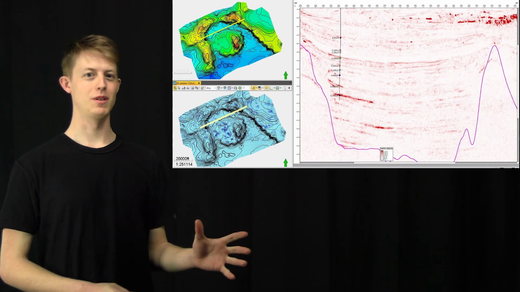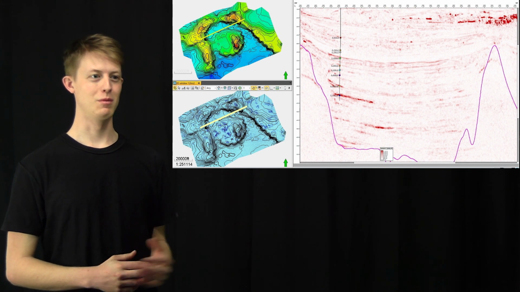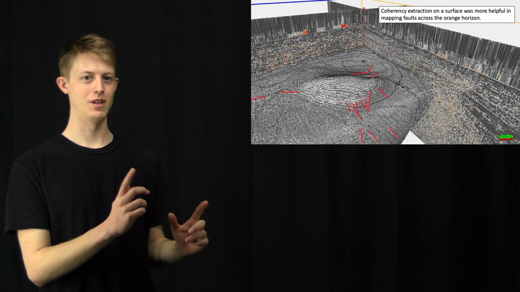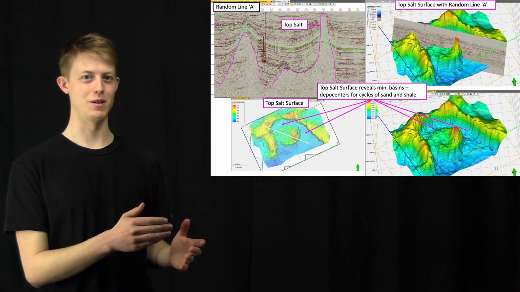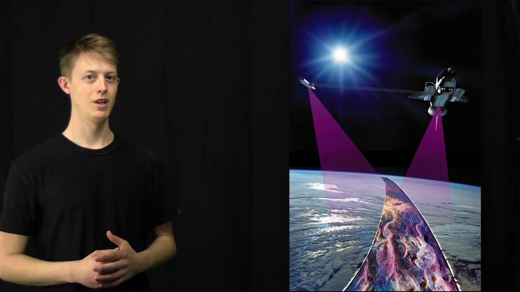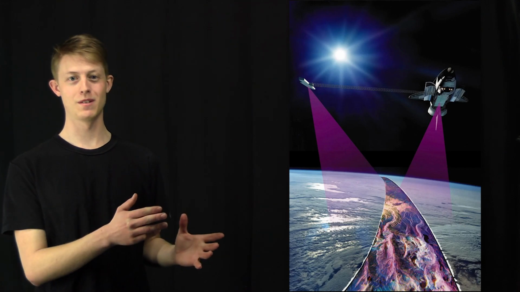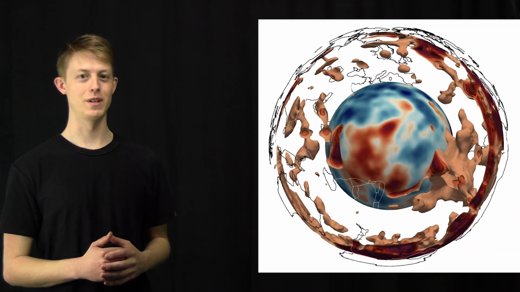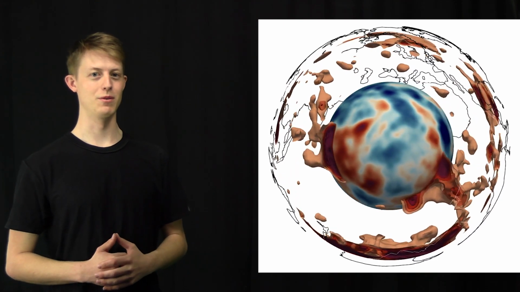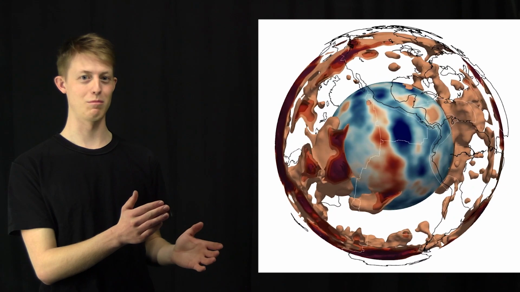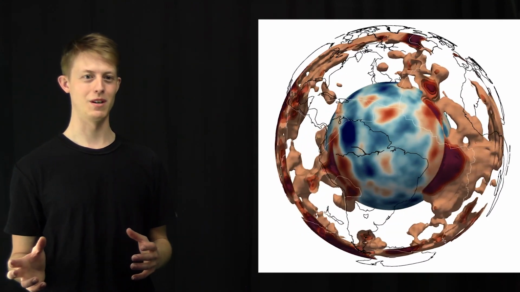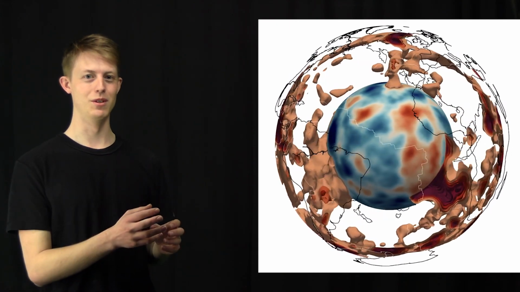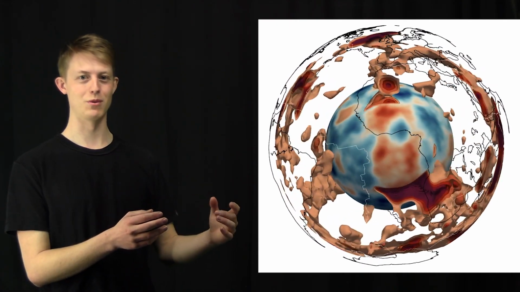So here's a couple examples of what seismic can be used in. A couple of these examples, like this one and this one, are used in oil and gas, and this was actually from my final project in a class I took. You can also use seismic on planets like this, and also to study earthquakes, which was a part of my undergraduate research. And here's a couple of photos of what the mantle looks like based on those shear waves propagating from an earthquake on the other side of the planet that came through the Earth